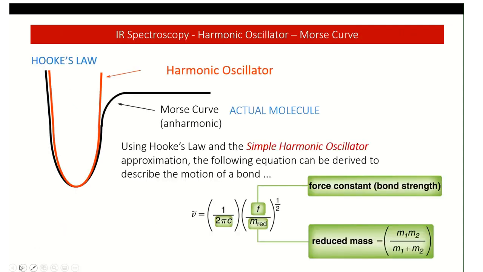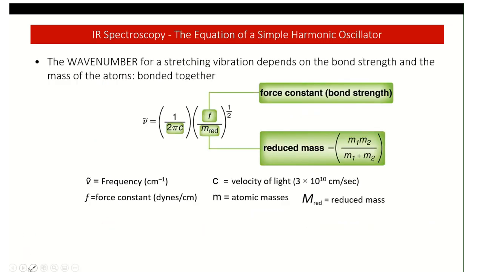This is the equation associated with an harmonic species, because remind yourself that this simple harmonic is this curve, and the actual molecule is anharmonic. But we can use a simple harmonic model to describe exactly what we're working with. Do not get too concerned about this, because if you notice carefully, there is this constant, which is just a couple of numbers. We can just get rid of that. We can ignore that. This here means a square root, so we can easily get rid of that